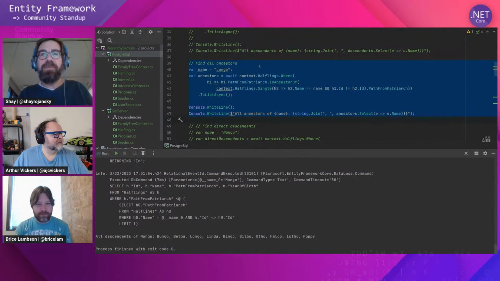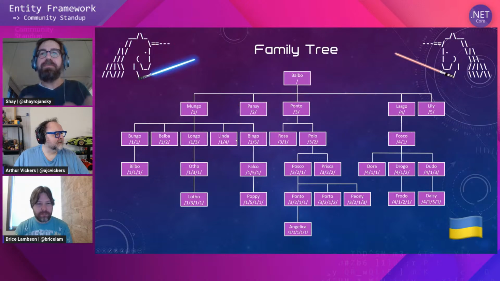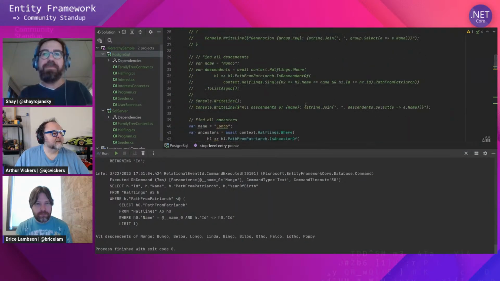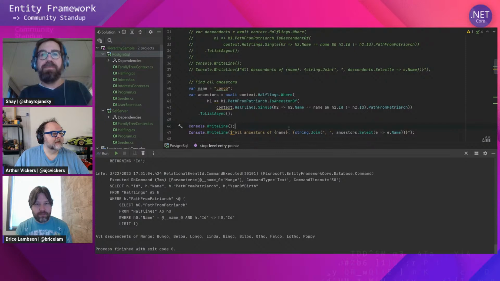So Longo here is, where's Longo? Longo's there. So all ancestors would be Mungo and Balbo. Postgres, just like it has is descendant of, has is ancestor of. Again, filter out because apparently Longo is an ancestor of himself. Anyway, so yeah, and this will similarly